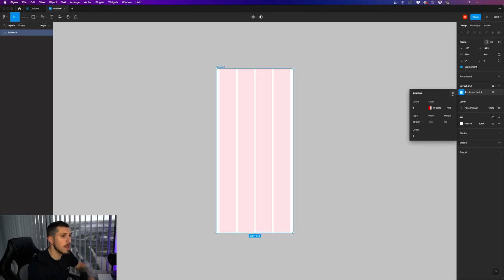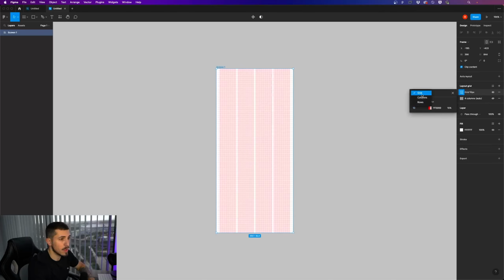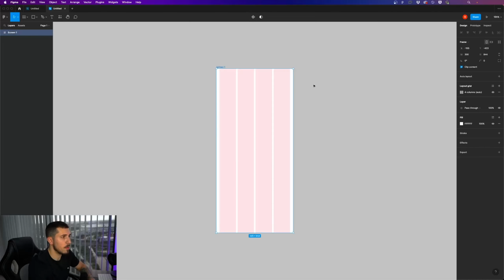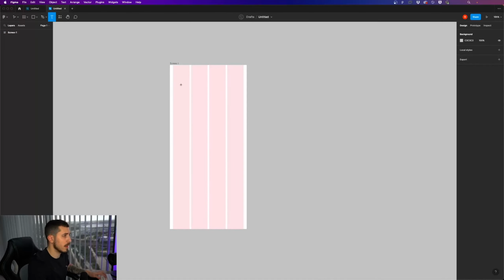That works as well. So now that we have the grid done, eventually, if you want, you can add another grid, another row system. So you can go with either 8 or more than that, but it's not necessary. I don't use it all the time, only for more advanced projects. So let's just keep it simple for now. We have that, and I'm just gonna design some of the elements until we get to the card,